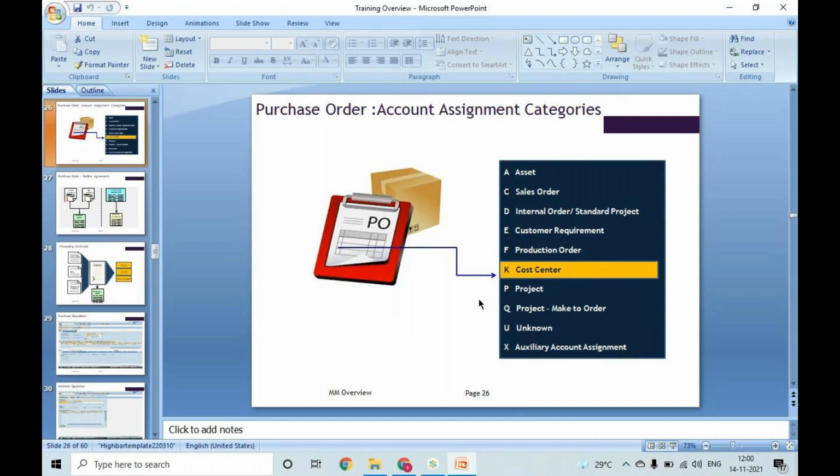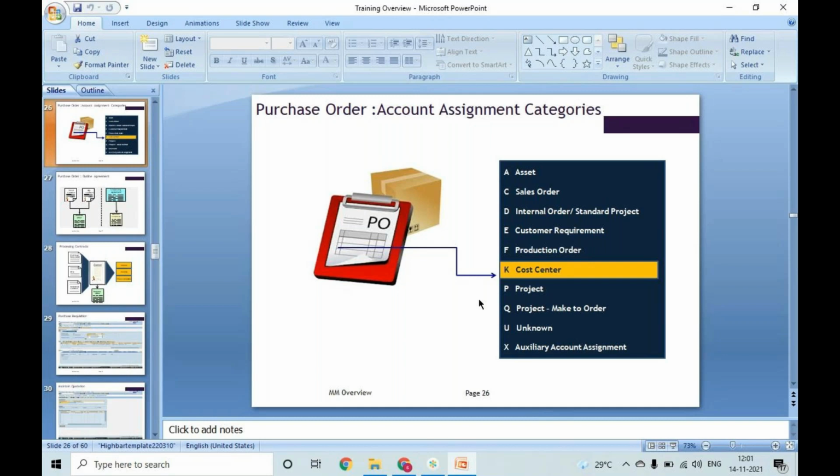All these account assignments tell you the purpose of your procurement, what you are procuring and why. If it is an asset, you will select asset procurement. If you are procuring it for a sale, then you will select a sales order procurement. So account assignment will tell you the purpose of procurement. If it is a standard procurement, then you will leave it blank.